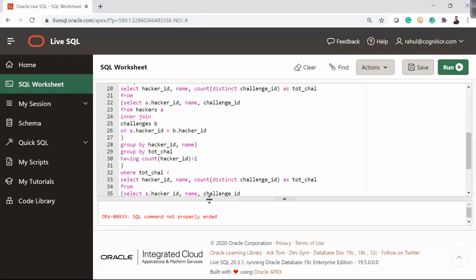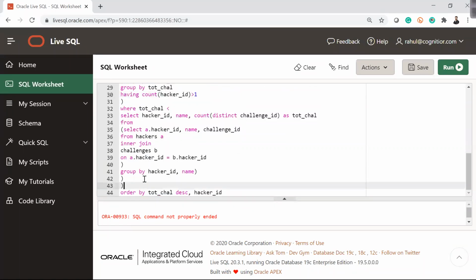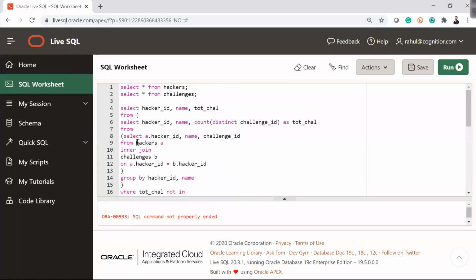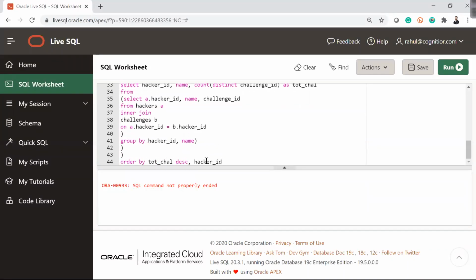So here we have to take care of the brackets and all. This is my query, total hacker ID name, not properly ended. Here I have one more bracket, hacker ID, that is fine.